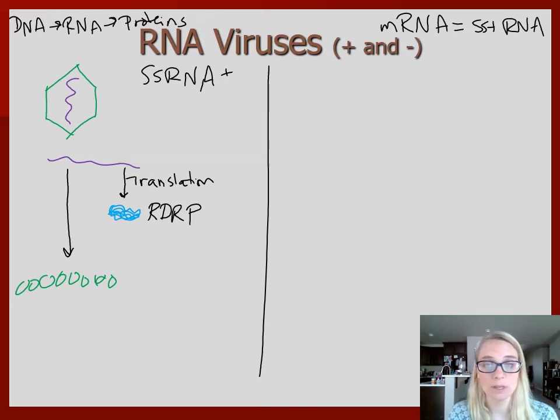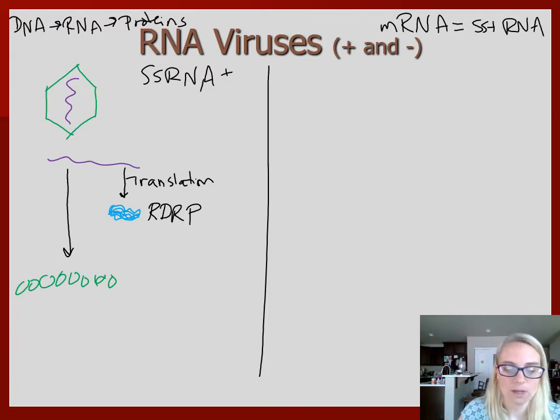Some of the proteins are going to be the capsid proteins. Some of the proteins are going to be this RNA-dependent RNA polymerase, because now we have to answer that second question. What serves as the template for more genome? Well, if you're going to go from sense strand to more sense strand, because of the complementary base pairing, you're going to need a negative strand in there somewhere. So I'm going to go like this. Using the host,